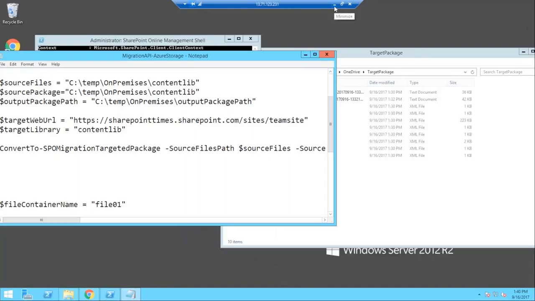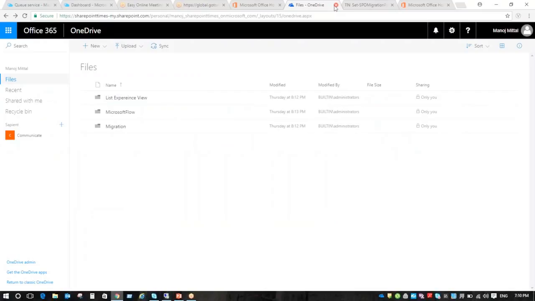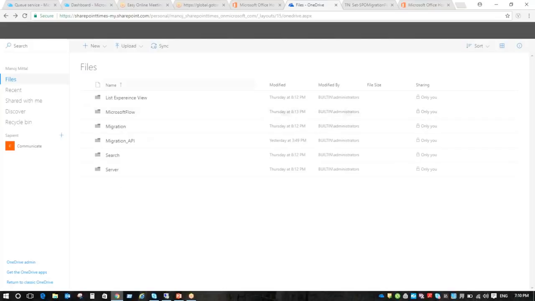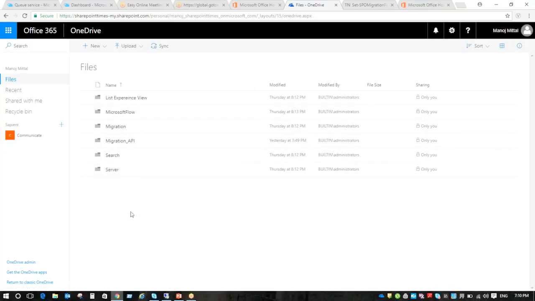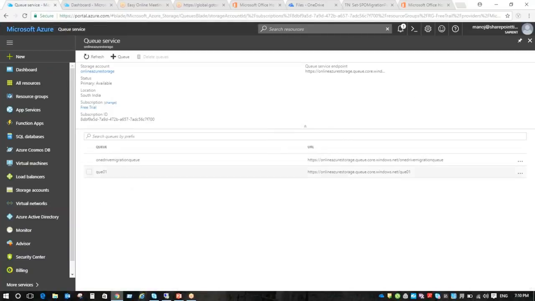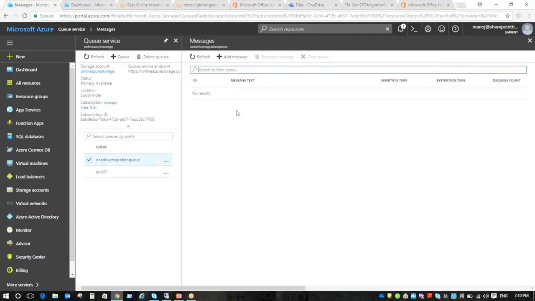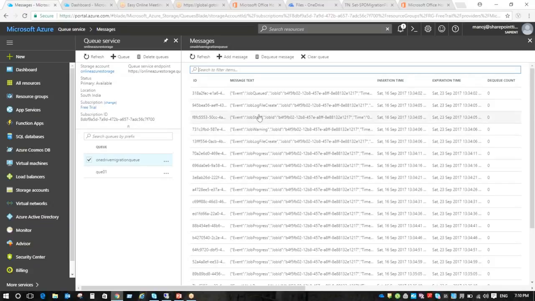Okay, so this was the demo. I think we have already crossed the time, but I'll quickly take it, we still have 20 minutes. So that was the demo of how the online and on-premises things are working here. You can see all my content came to OneDrive also. We can find the errors too if you need to check. Each queue has its own dot error and dot warning files, all here.